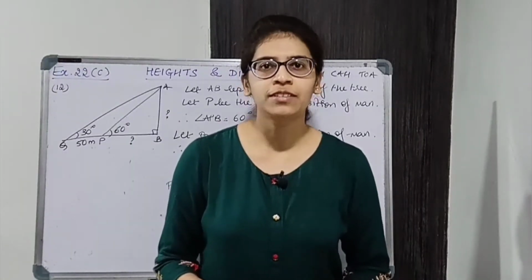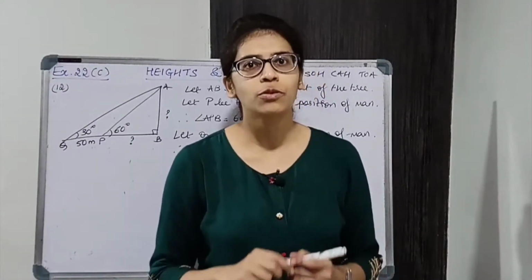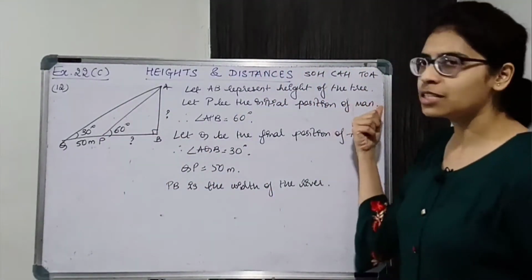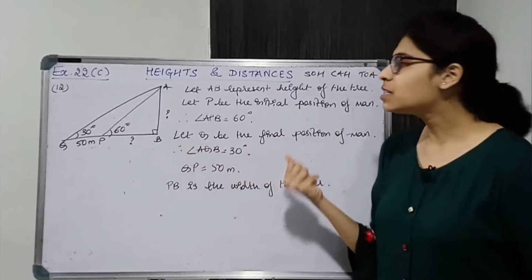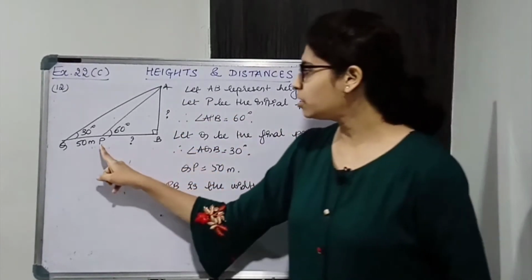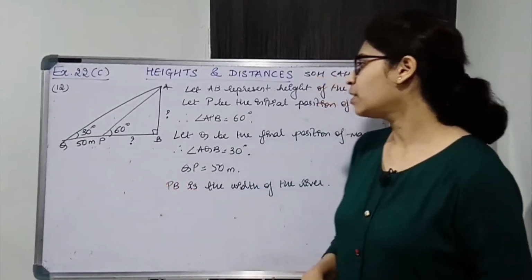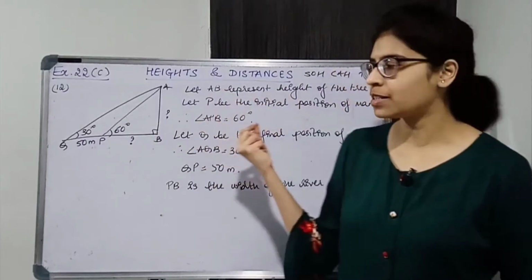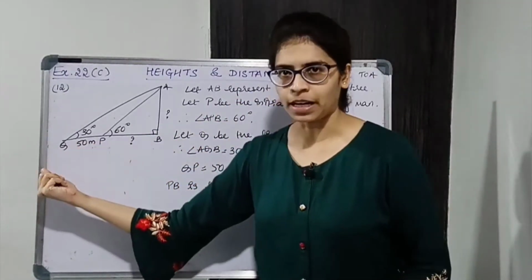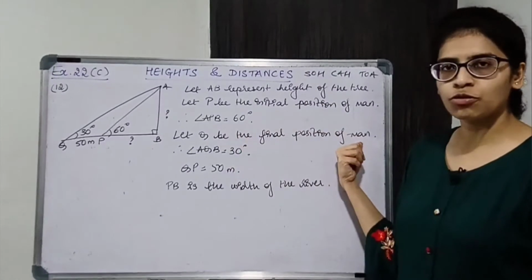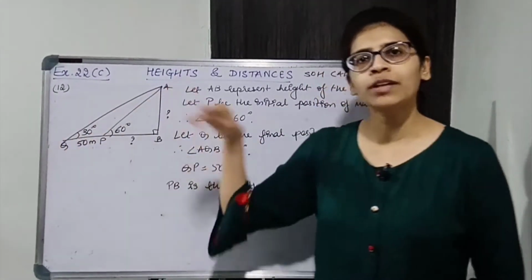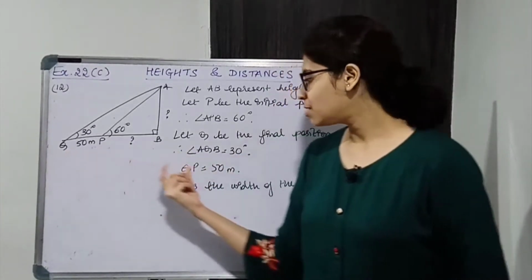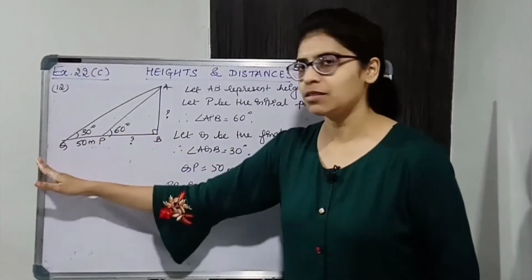So draw a proper figure and then write down the given information. Okay, so the figure will be somewhat like this. Now AB represents the height of the tree. Okay, and P is the initial position of the man. So initially the person is standing at the bank of the river. Therefore angle APB is 60 degrees. Initially the angle of elevation is 60 degrees. Then he moves 50 meters backwards. Q is the final position of the man. Then he moves to point Q, and now the angle of elevation will be 30 degrees. QP is 50 meters. He's moving 50 meters backwards.